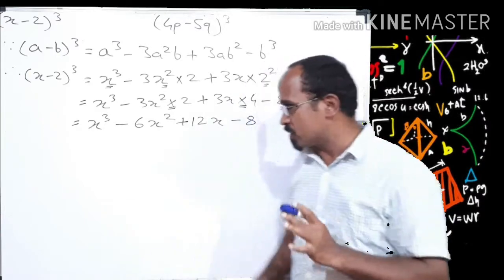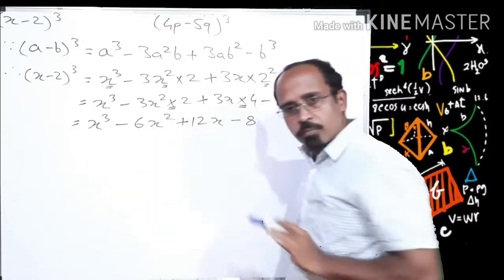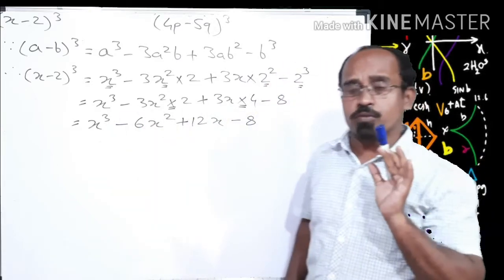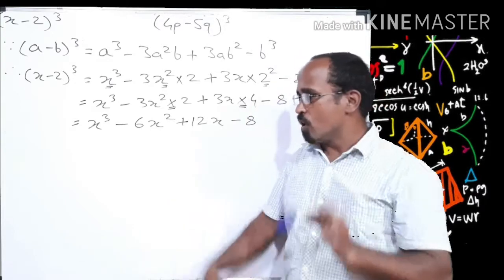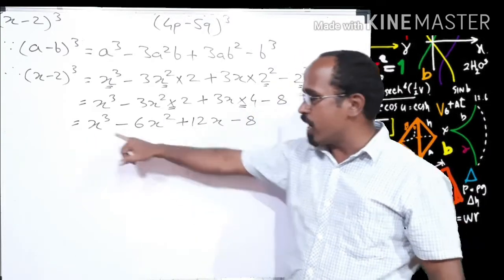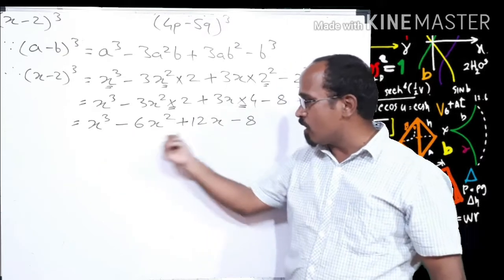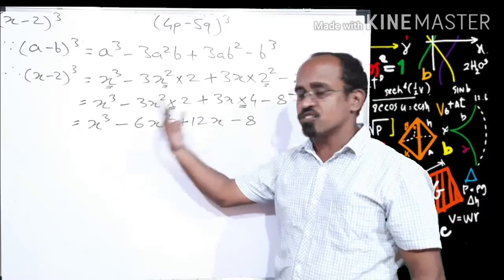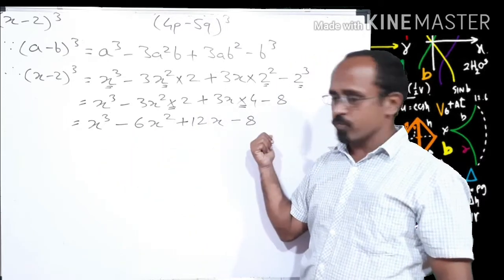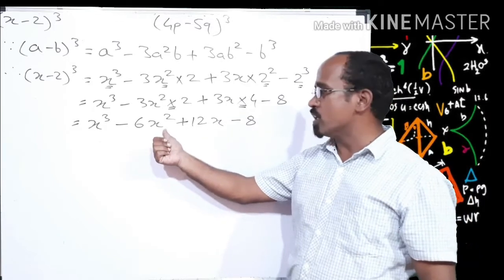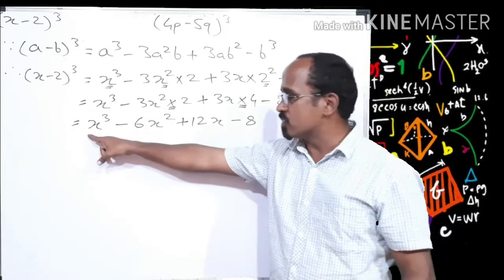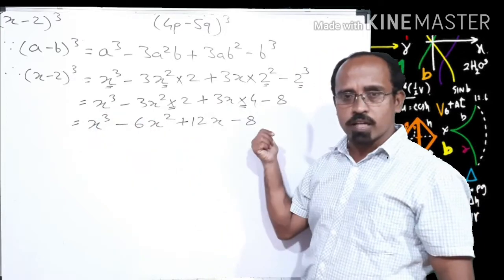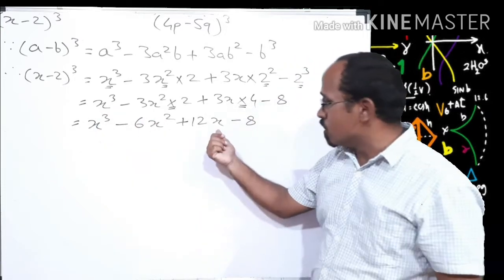For addition and subtraction, let us see, is addition or subtraction possible? Whenever we have to do addition or subtraction of terms, it is only possible among like terms. So let us see, are there any like terms? X cube. Is there any other term with variable x and index 3? There is not any other. X square is alone. There is not any other term where the variable is x and the index is 2. Here index is 3, here index is 1. Here there is no x, meaning index is 0.